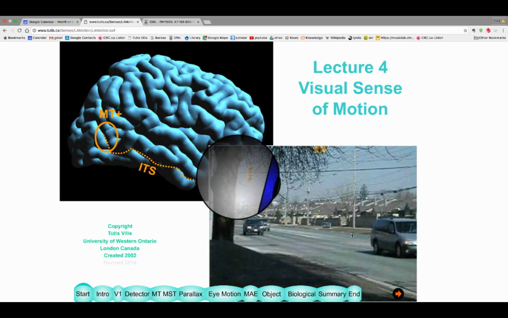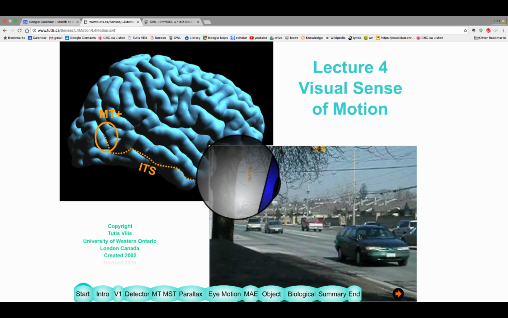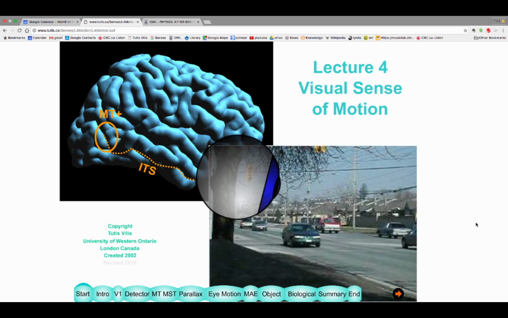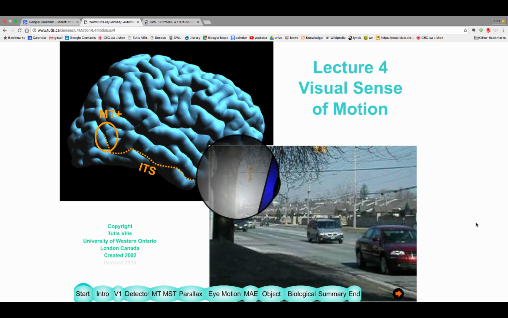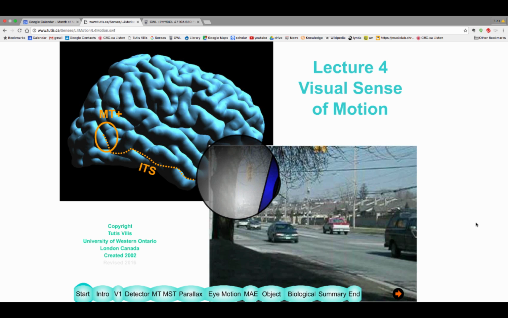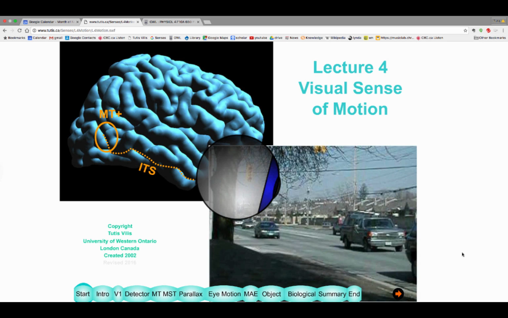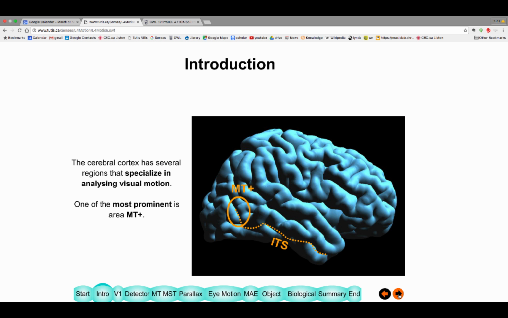Now this picture here, I don't know if you know this area of town. These cars are traveling down Richmond Street, and it's at the corner of Windermere. I used to walk this way home every day. And today we'll talk about this area, and it's a very prominent area,